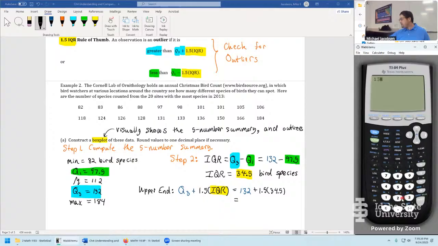We'll go 132 plus, pretty much just typing it verbatim, 1.5. Then if you're typing it verbatim, you can use parentheses if you like to indicate multiplication, 34.5, or just hit the multiply key for a little bit shorter of a process. And this is what we get,